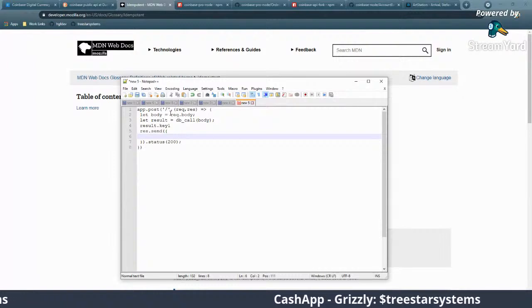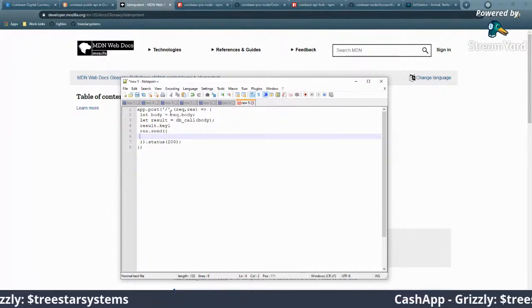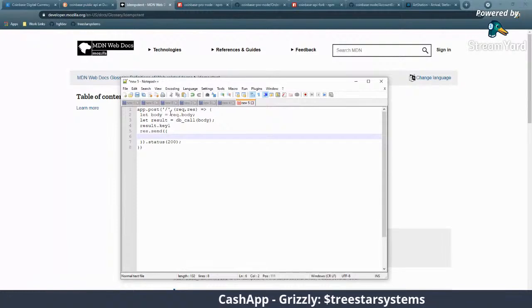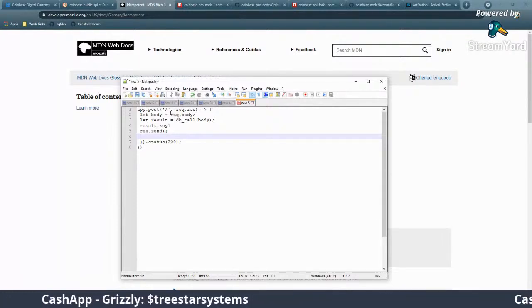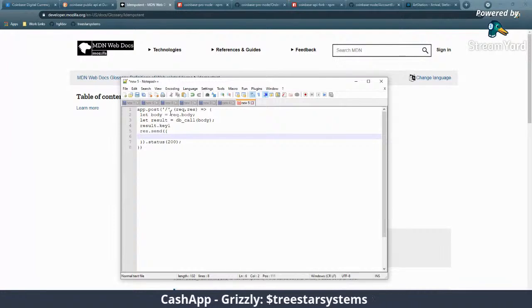So returning the right status code is very important as well, depending on what you're actually trying to push out there. If you're building even a simple API, adhere to the status codes so that the person consuming the API on the other side, whether they know it or not, gets the proper status code and knows what to deal with, even if they get a 201, which is good. A 201 means, I believe, created. So I can do res send,